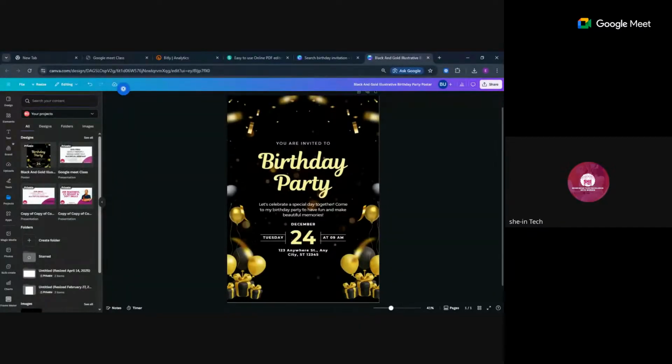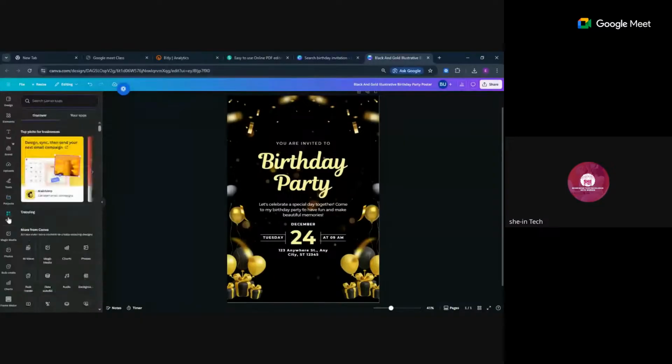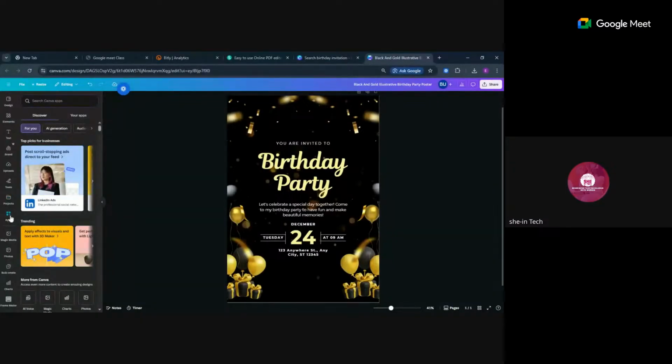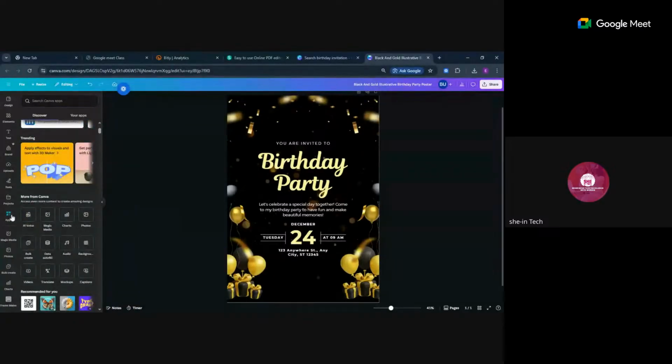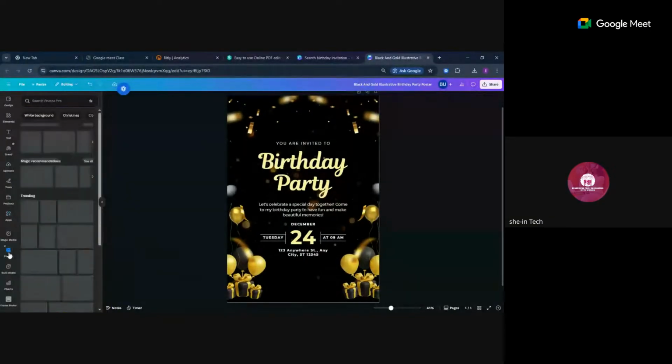Then there are projects. You can add projects you've worked on already. Then this one is very important. Bulk. The apps in Canva. But then because of how important it is, we are going to look at it in our next class, because it is actually very important and very broad. It has a lot of features that we can use. We have magic media. We'll also look at it in our next class. Then we have photos